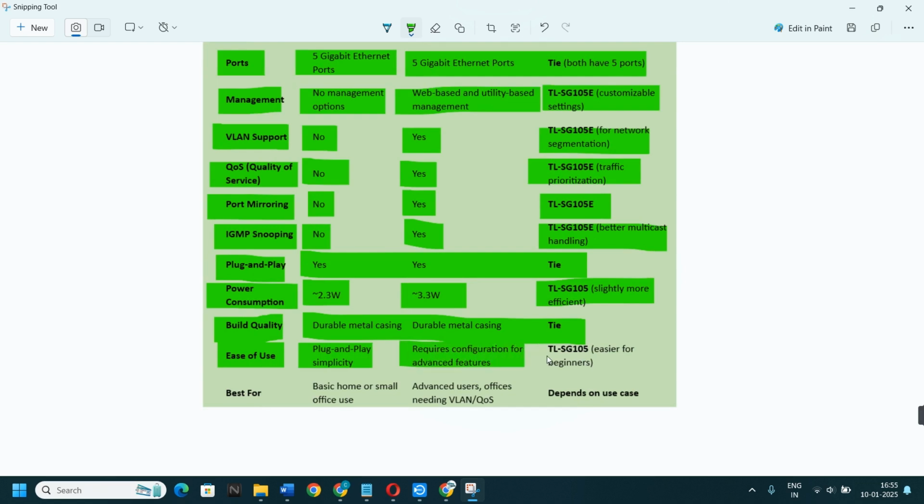So the 105 is better. Now let's look at the best use. The 105 is best for basic home or small office use, and the 5E is best for advanced users or offices needing VLAN and QoS. So it depends upon the use